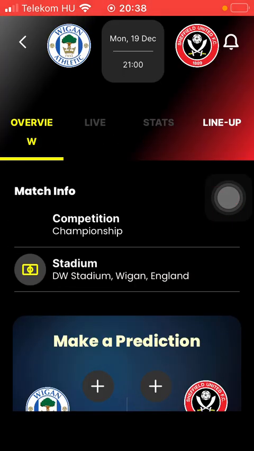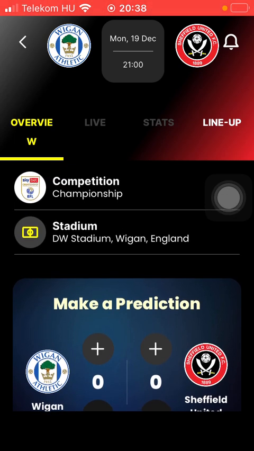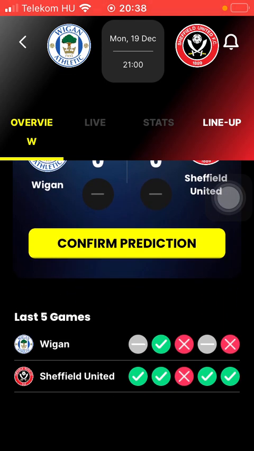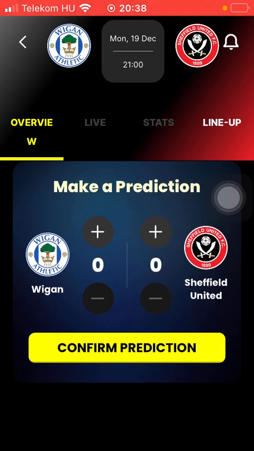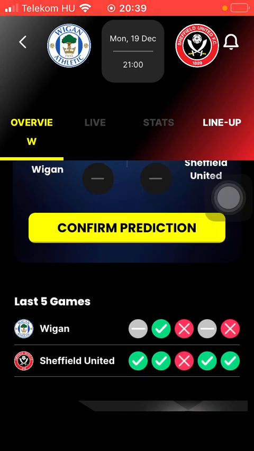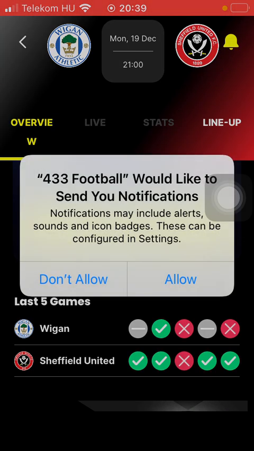If you tap on it, here you can find information about it, such as the competition type, the stadium, and also you can check out the prediction and make your own prediction. And here you can find the last games as well. So if you want to turn on a notification, tap on this bell in the upper right corner of the screen to be reminded of the